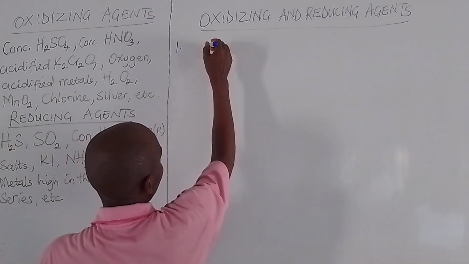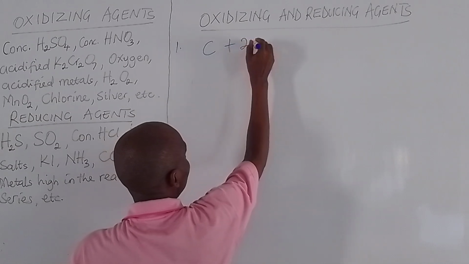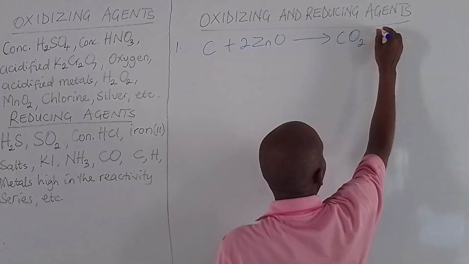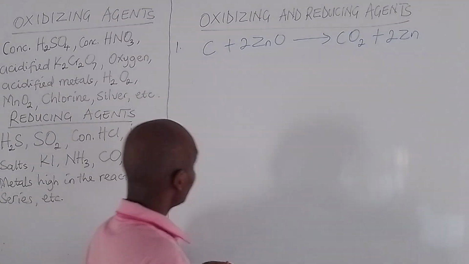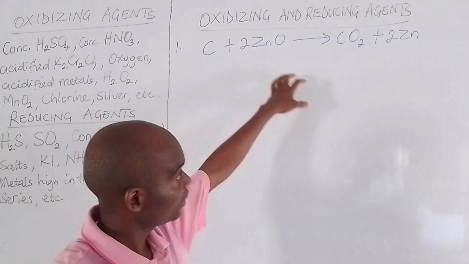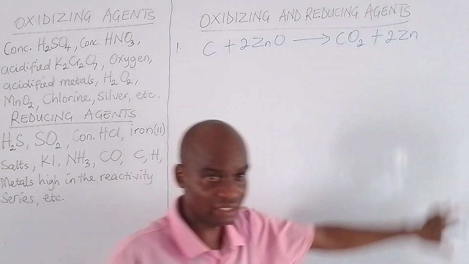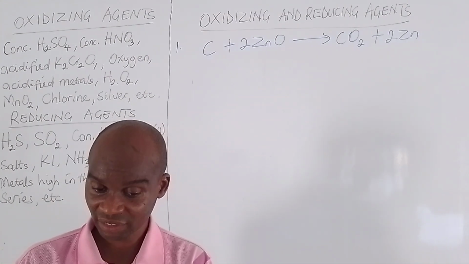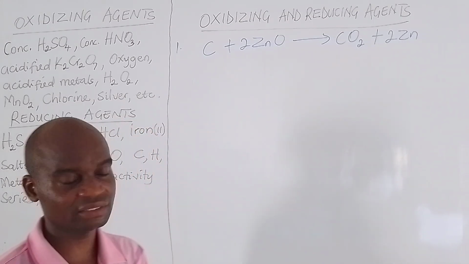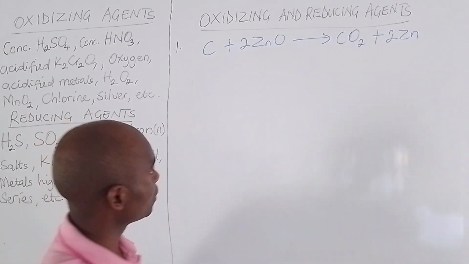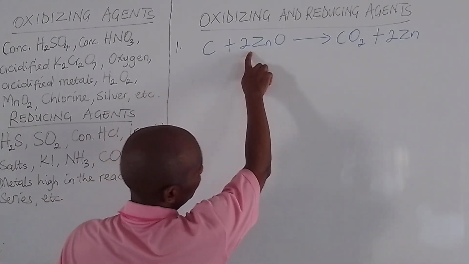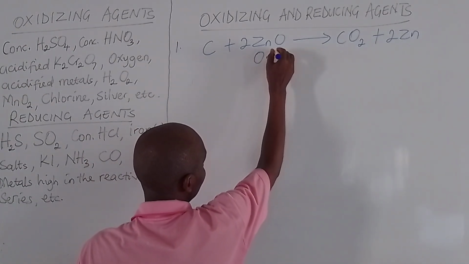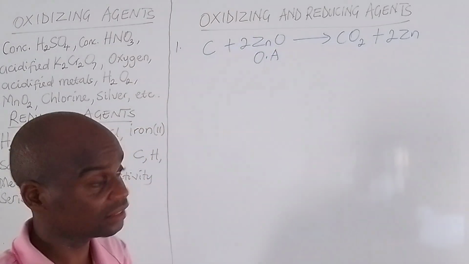Alright, so we take the reaction between carbon and zinc 2 oxide to give us carbon 4 oxide and zinc metal. We want to identify the oxidizing agent and the reducing agent. By definition, an oxidizing agent is a substance that donates oxygen. So we look at the reactants. The substance that bears oxygen is zinc 2 oxide. So in this reaction, the oxidizing agent is our zinc oxide, zinc 2 oxide,